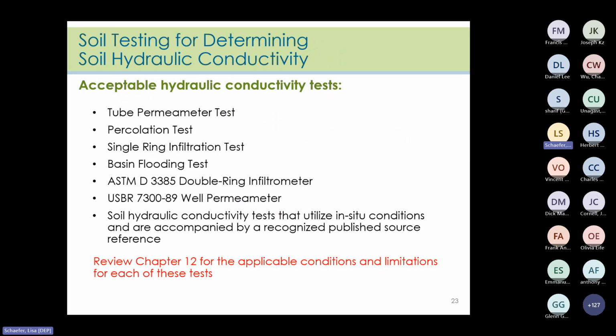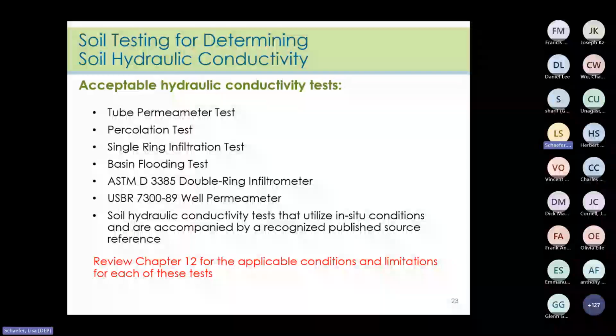Okay, so up next is a discussion of what test methods are acceptable for this type of soil testing. Soil hydraulic conductivity can be determined using a tube permeameter, a percolation test, a single ring infiltration test, a basin flooding test, or a modified basin flooding test. You're going to have to read the specific conditions that are published in Chapter 12 under which each of these